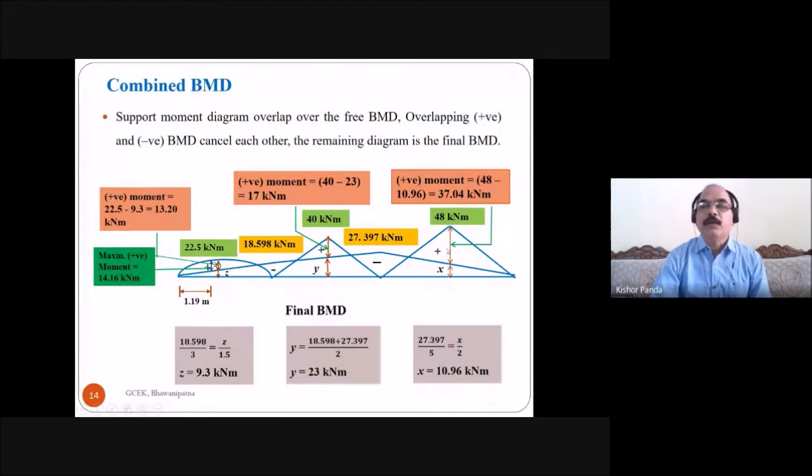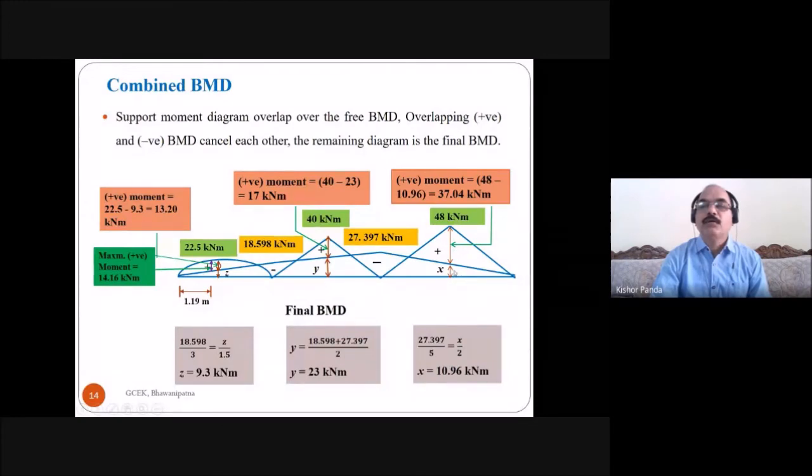But you have to find out what is the moment here. This is the positive moment of span CD. So how will you find this one? Because you see, when you deduct this portion, you will get this one, because you know from this to this is 48 kilonewton meter. After deducting this ordinate, you will find the positive moment of span CD.